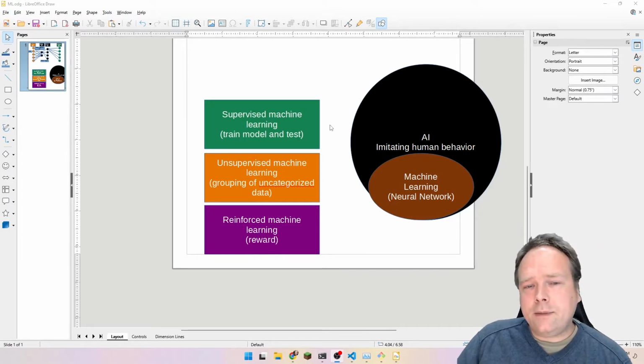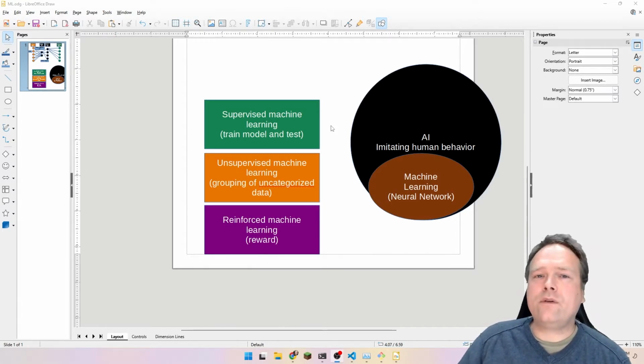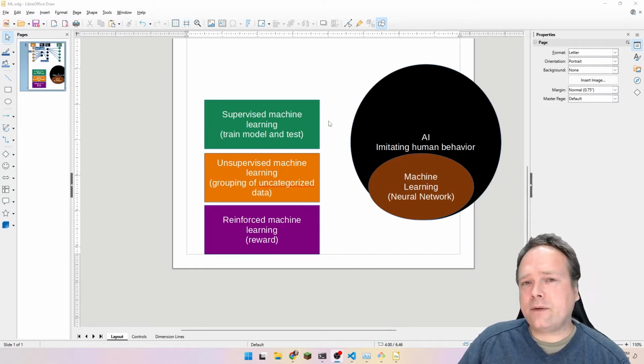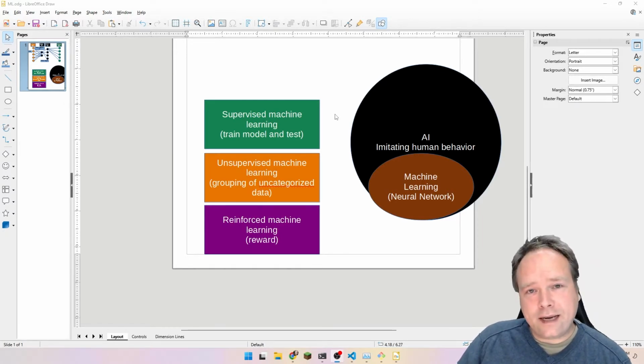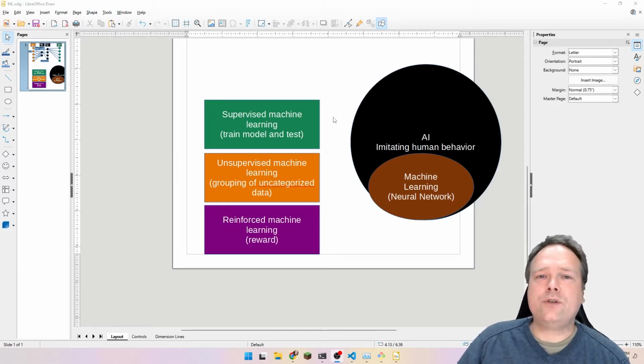An image is quite a good example because it can be quite difficult to program something that can look for patterns in a picture and actually categorize it. Maybe we want all the dogs placed in one folder, and all of the foxes in another folder. This is image classification, and this is where supervised machine learning comes in. We take a lot of pictures and train the machine, saying this is a fox, this is a cat, this is a dog, and so on. And when we have done that enough, we have a model that we can use to predict